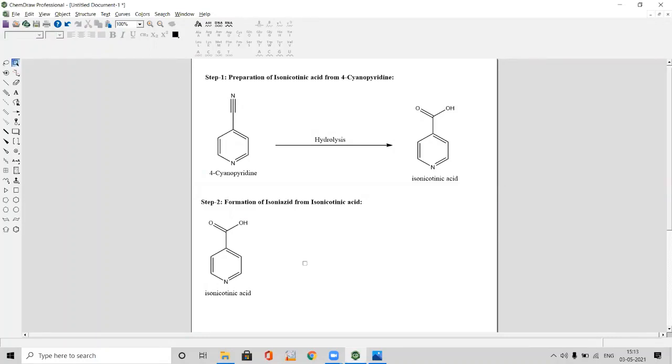So we need to add another reagent, a second reagent here. In order to add, we need to show a plus symbol. So for that, again select text, click here, press the plus button, so that will become your plus symbol.